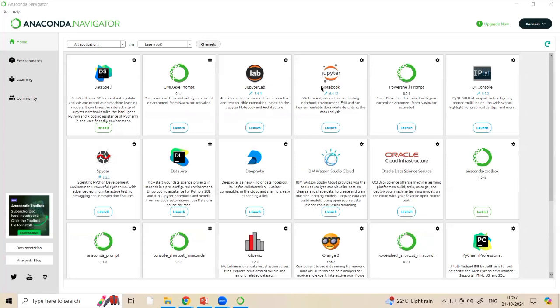But what we need is something called Jupyter Notebook. It is a web-based interactive computing notebook environment. This is human readable. I want this. I have joined this course not to become a gaming developer, not to become a web developer, not to become a tester. So avoid all the other tools. You have joined here for becoming a data engineer. So please go and give launch. We need a Jupyter notebook for our